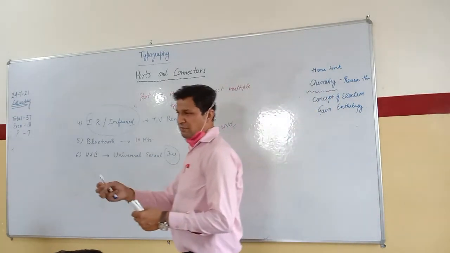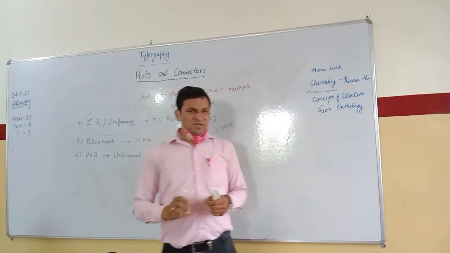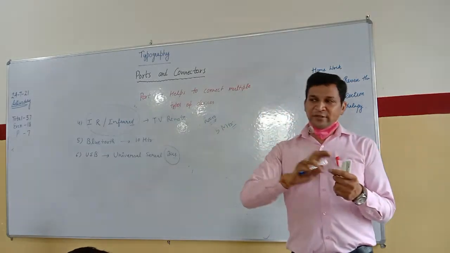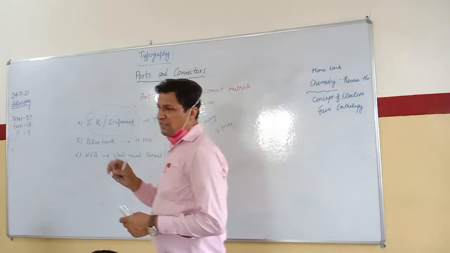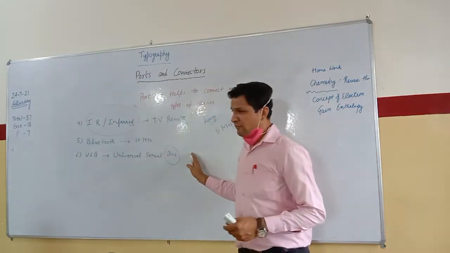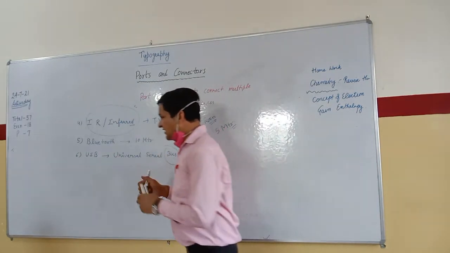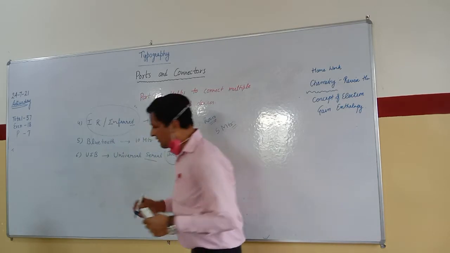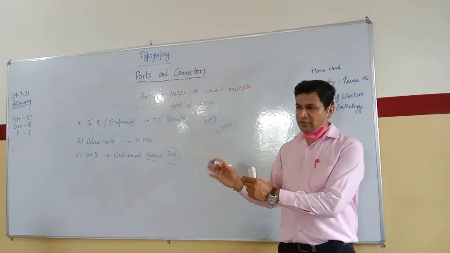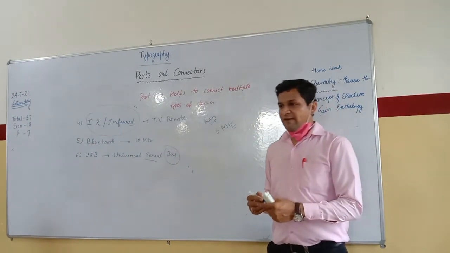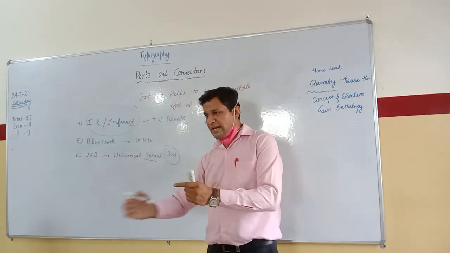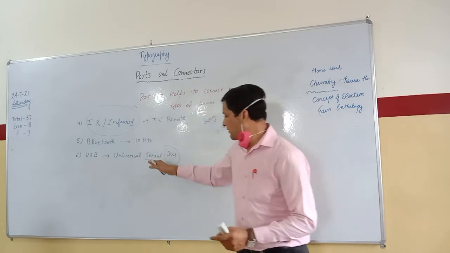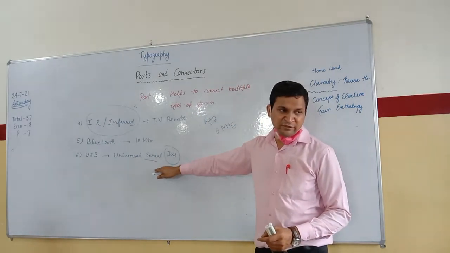Like when you open the CPU, in the CPU a number of cables are there on the motherboard. Any cable that helps to transfer data is known as a bus. And what is the meaning of serial? That will transfer data in sequential order, in sequence. It means if 16-bit data is there, first bit, second bit, third bit, all will go in sequence. That is why it is known as a serial device.